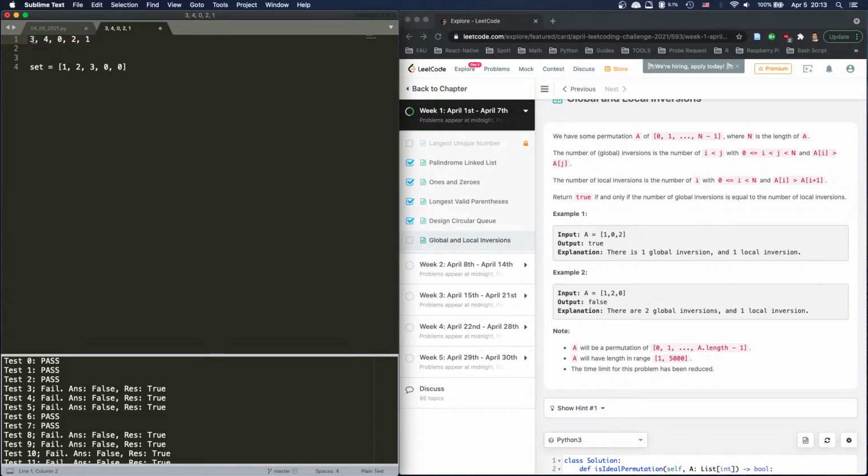Okay, that's an easy way to check the first one, right? So if the first one, oh, maybe the second one, hold on. If the first one,